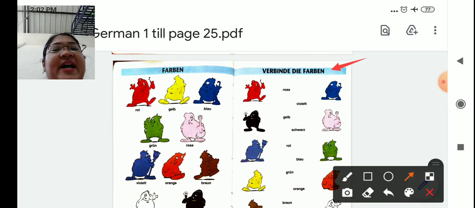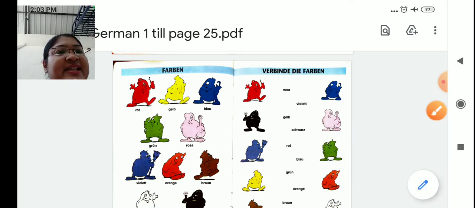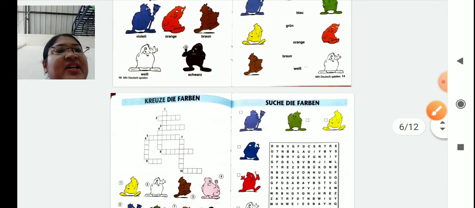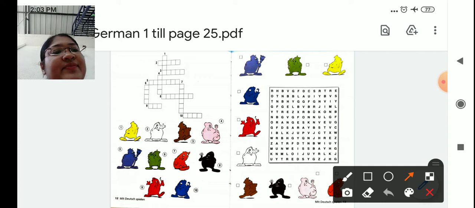Verbinde die Farben. You are supposed to match the colors. Okay. So one example I will do it here for you. This is grün. So this grün spelling you have to match with this grün character. Okay, green color character.